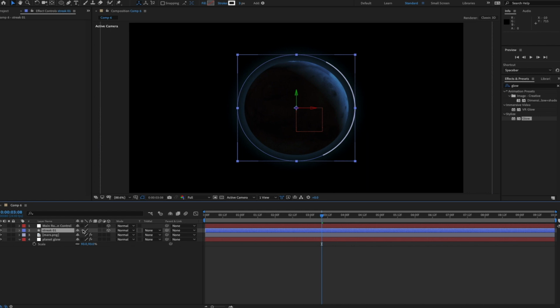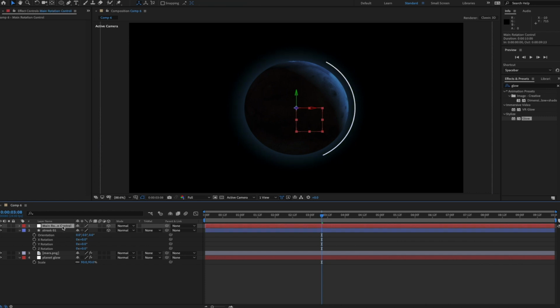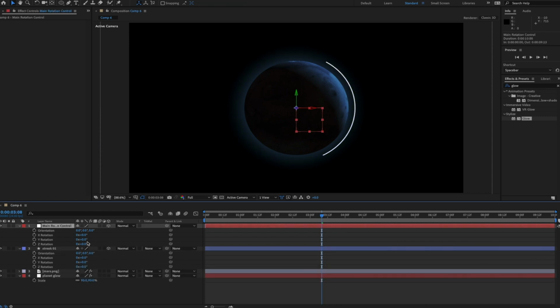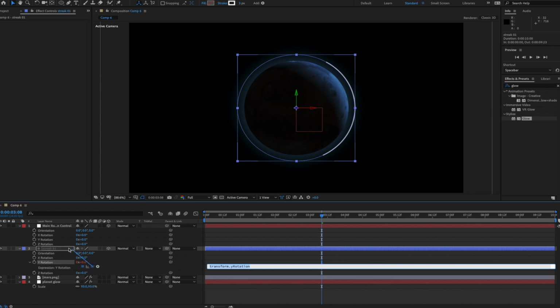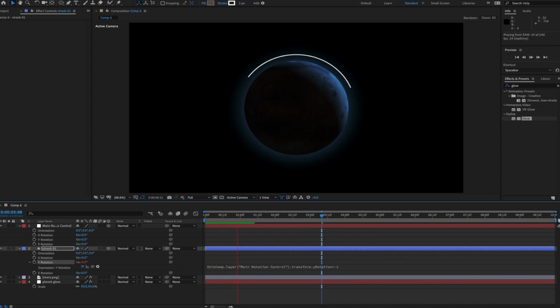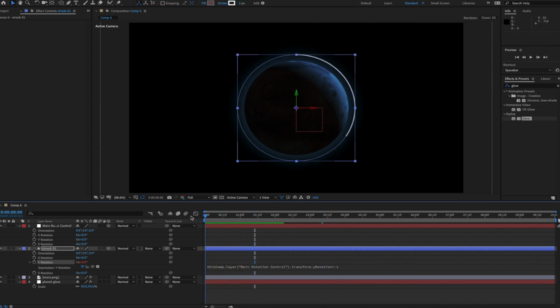and again I want to reveal the rotation in my null. So the same thing that's controlling the planet rotation, I want to control the rotation of our streak. So again, what I will do is option click on Y rotation, parent this to Y rotation of my null, and again I'll type in times -1. Okay, so now if I hit play,